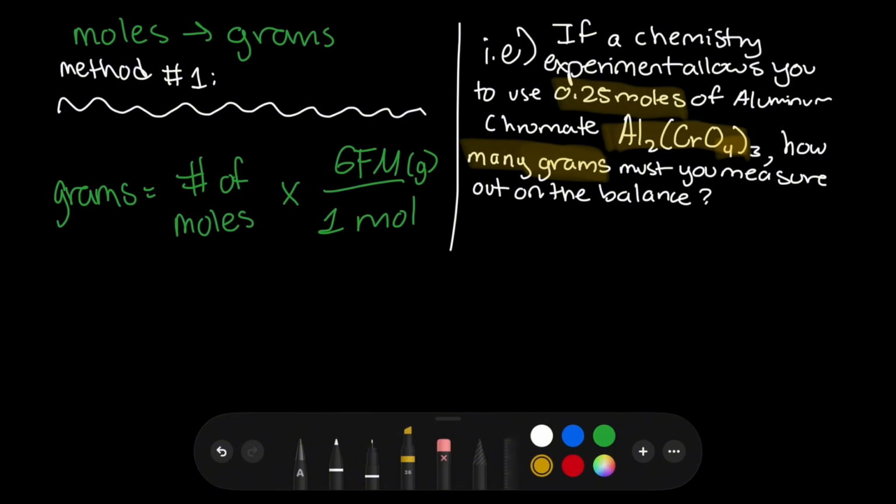So how many moles do we have? According to this problem, we have 0.25 moles. To multiply it to the GFM, which we're about to find, over 1 mole. So if we do over here, I'll do it on this side. We have